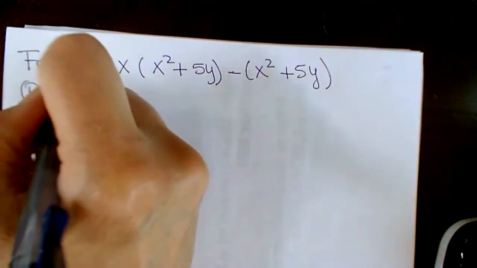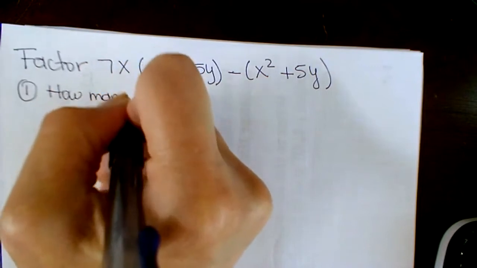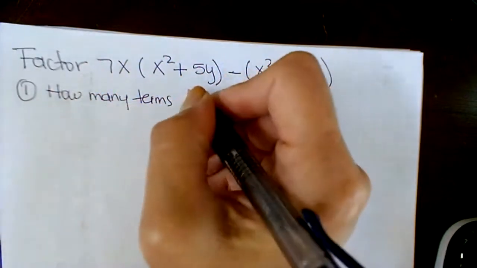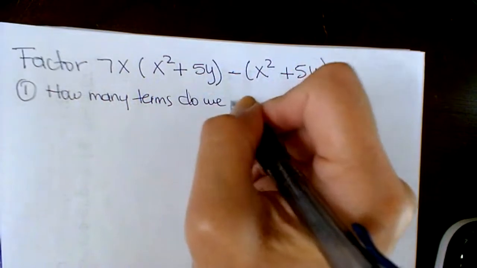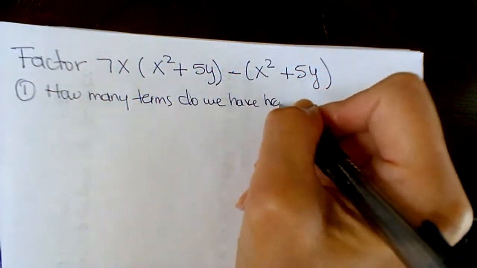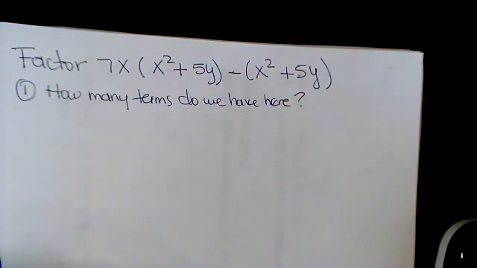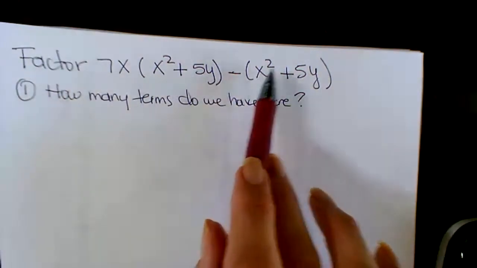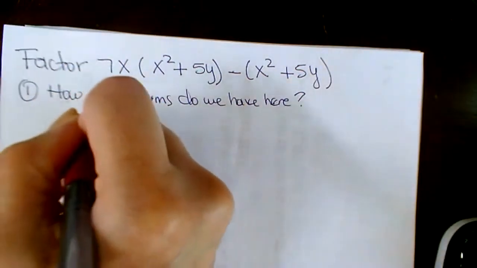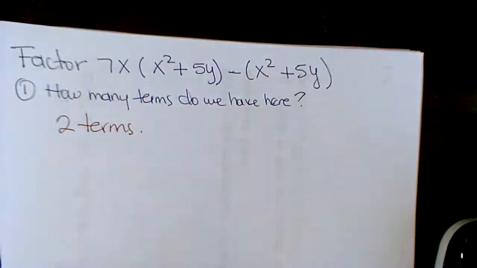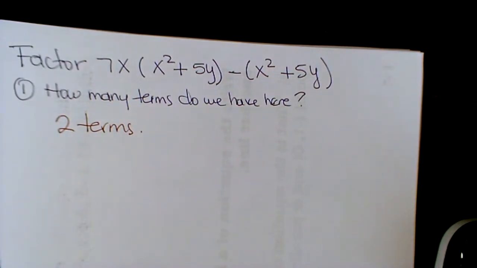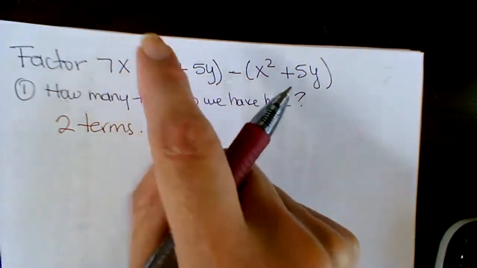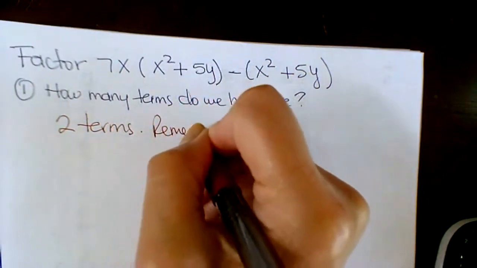I'm gonna write down the question. We have one term and another one. So the answer would be we have two terms. And we need to remember that multiplication and division can take place in the terms. So I'm going to write that down for you guys. Remember,